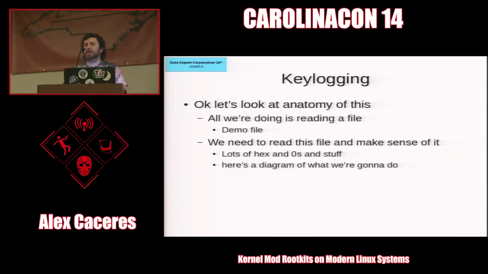I don't know actually how keylogging works in Windows. But in Linux, it's basically just a file that records every keystroke that you are ever doing anywhere. And we read that file. So let me go ahead and show you that. I'm just going to show you.